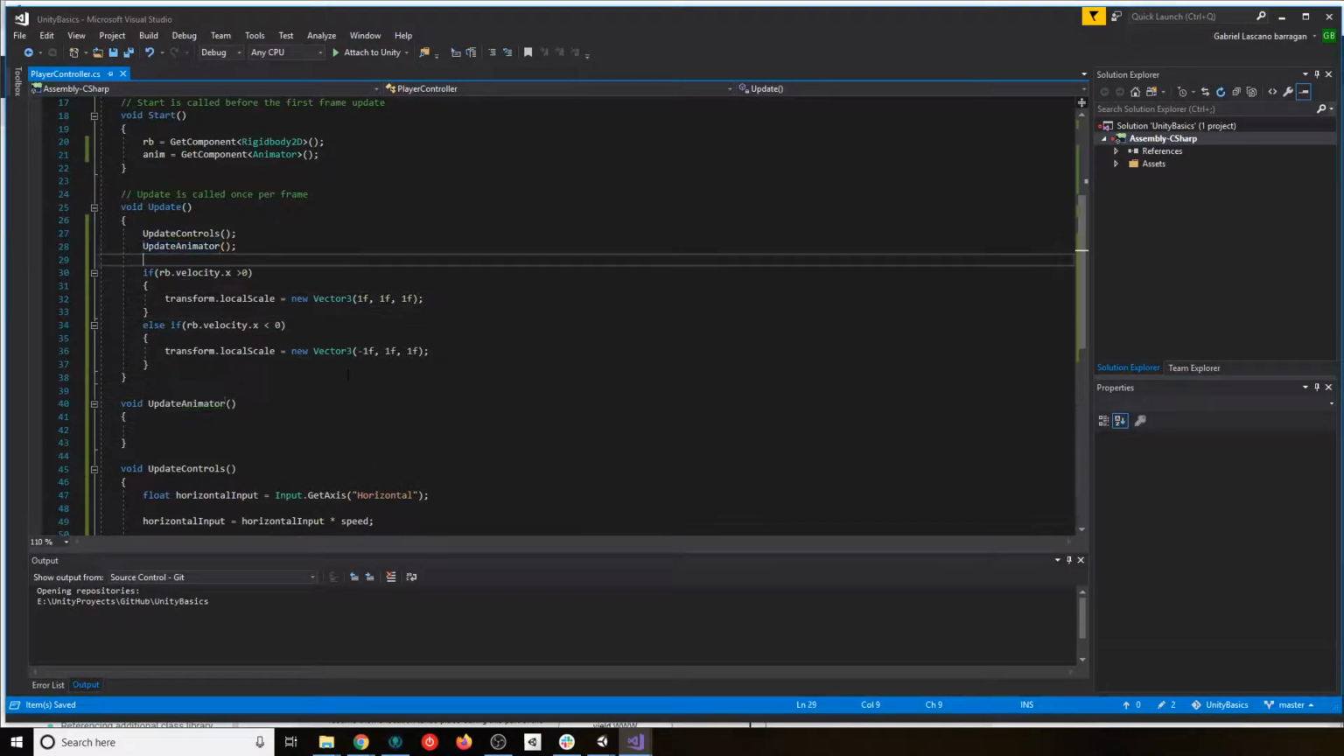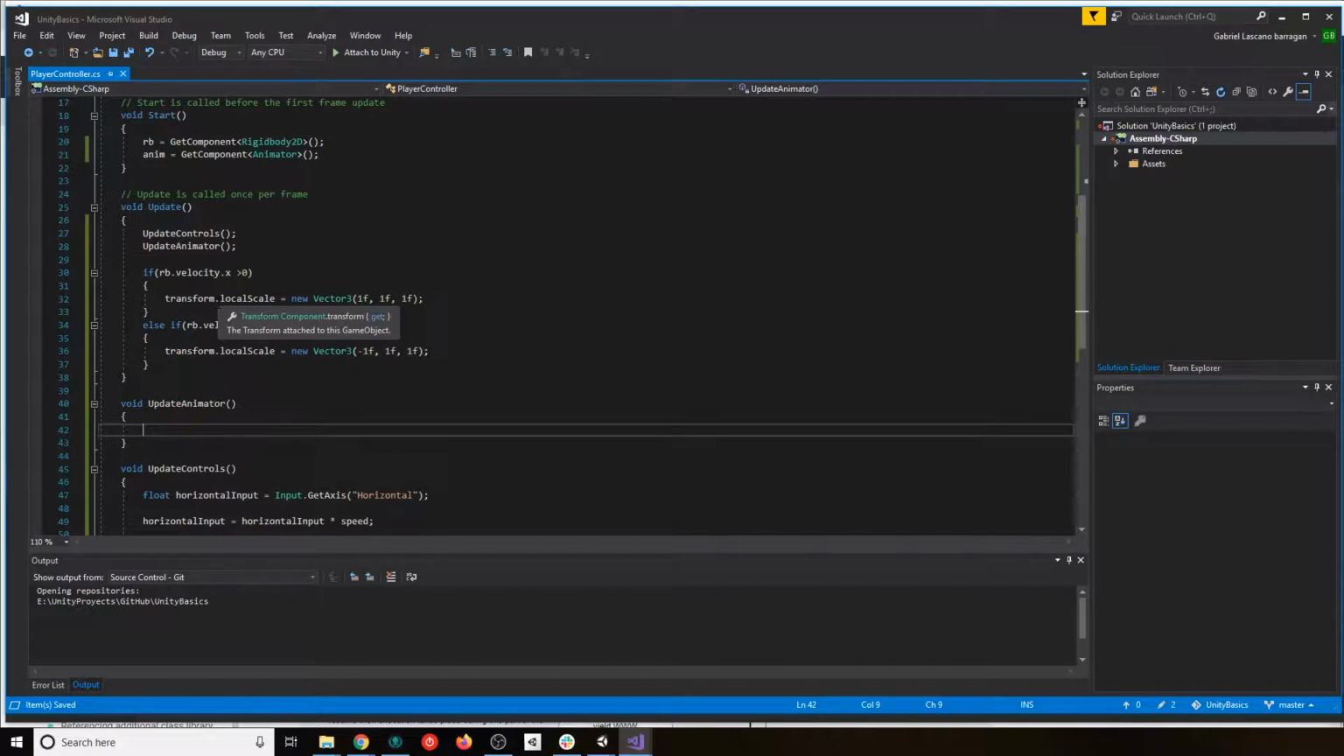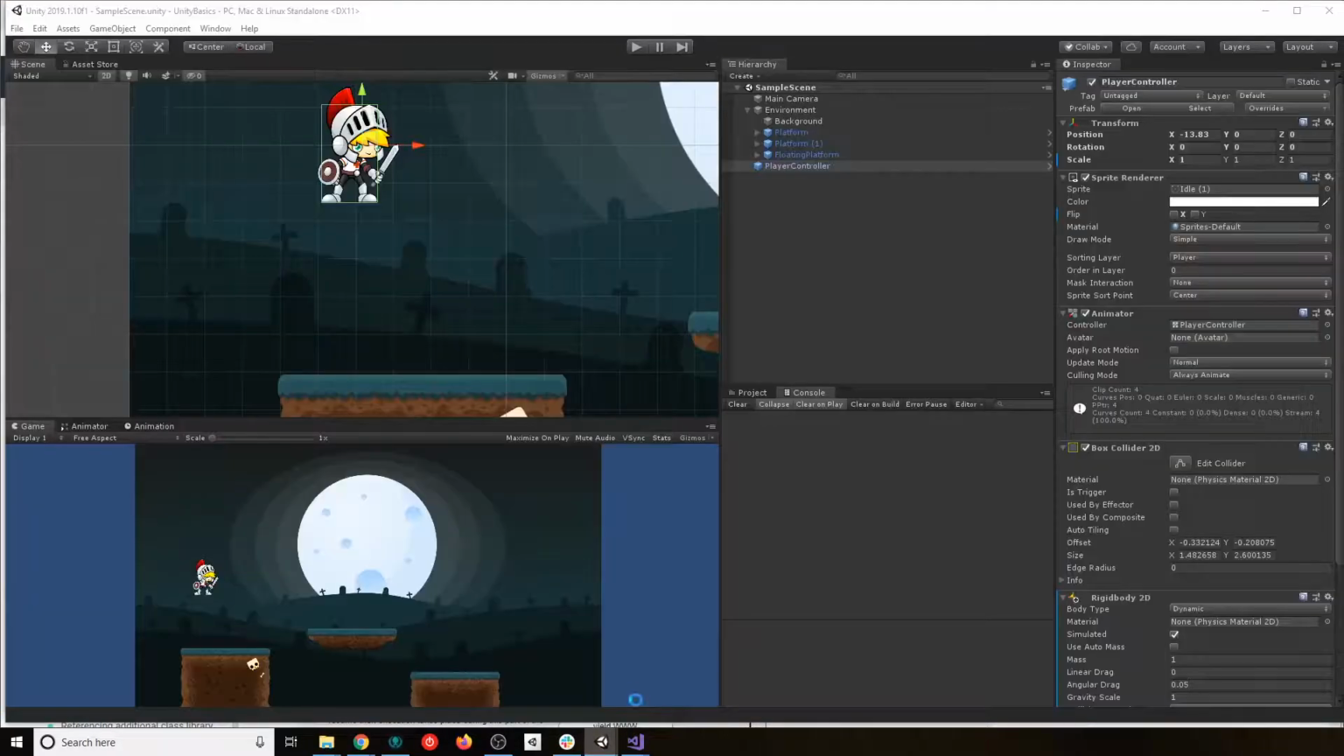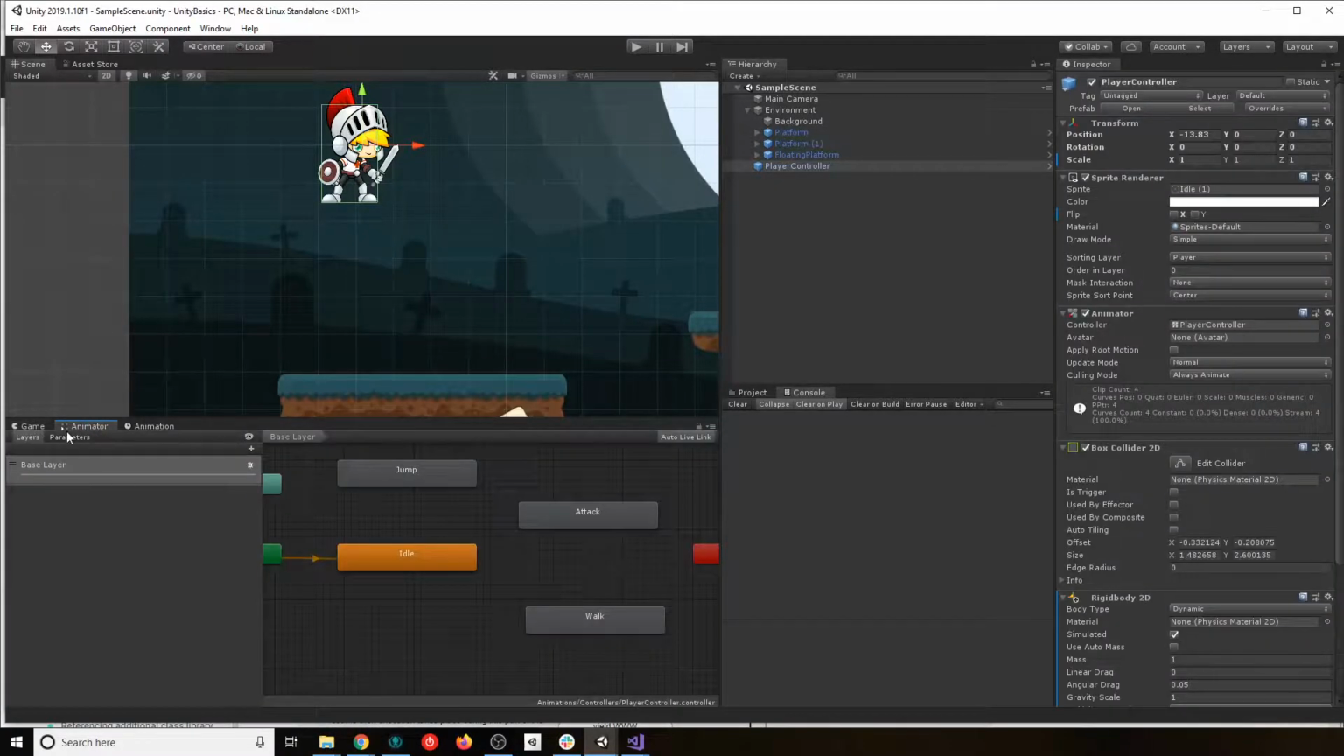And I don't need this exception. Okay, so I have my update animator, and what I want to do in my update animator is to update the speed. I want the animator to know about the speed, like the velocity of my player. How is it moving? For that, we are going to our animator, and in our animator there's layers and parameters. In our parameters section, we can add a float, and we are going to call it speed with capital S,